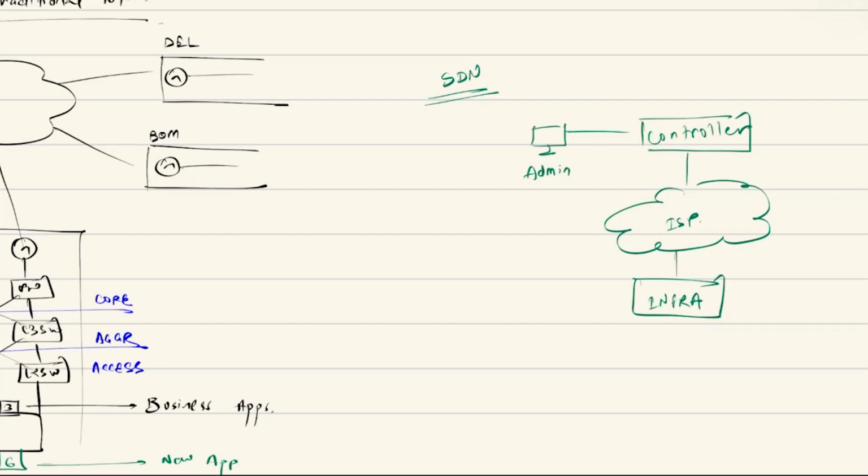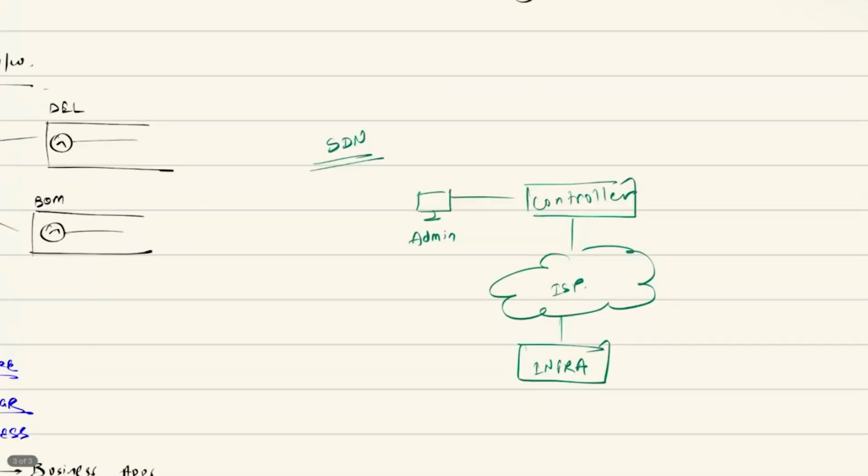Now there are different flavors of SDN, or software defined networking architecture. One is called pure SDN, and the second one is called partial SDN.